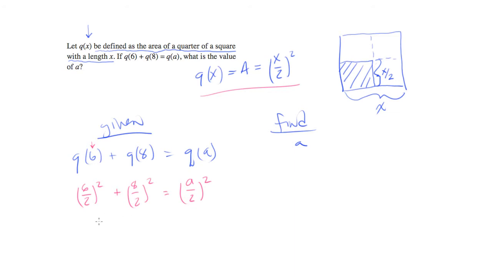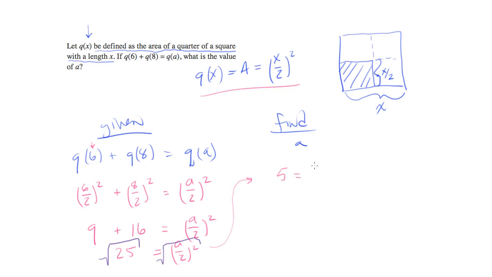When you simplify this a little bit, we get 6 over 2 is 3, squared is 9. 8 over 2 is 4, squared is 16. Equals, and we'll have to leave this as is for now, a over 2 squared. 9 plus 16 is 25. So 25 equals a over 2 squared. And I'm going to take the square root of both sides of this equation, and what will turn up, follow this up here, is 5